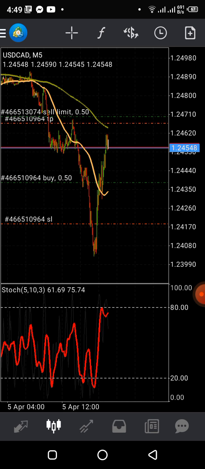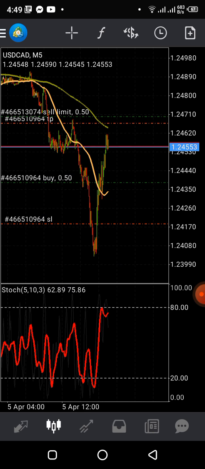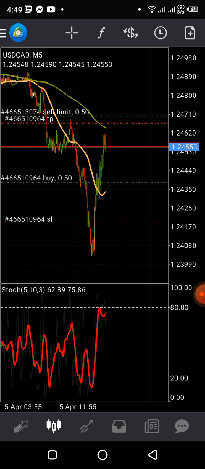So if my stochastic is in the middle and price is approaching the 200 moving average, I have to patiently wait so that the stochastic can also show me that there's an overbought, coupled with the confirmation that price is above the 200 moving average, getting higher as it approaches it. I allow it to show me that there's an overbought in the market before I short the market. All right, so we use this to either trade with the trend or trade against the trend,